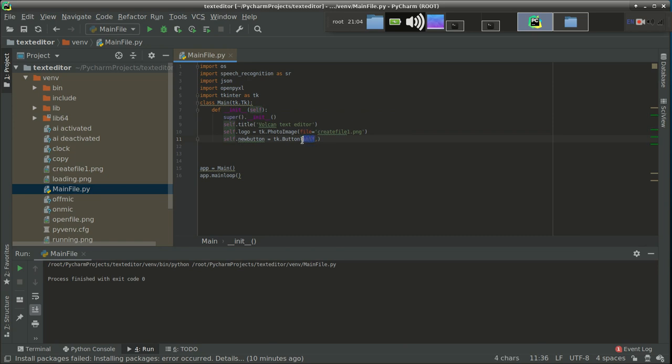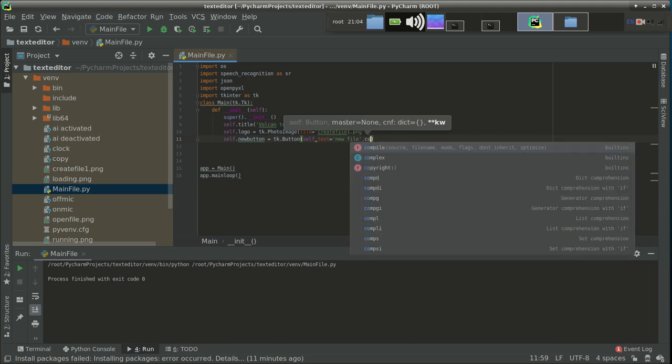We are not going to use any multi-screen. There is a single screen. That's why I am placing this button over self, the main screen only. Then the text on the button will be text equal to new file, because create file means new file, as you know.